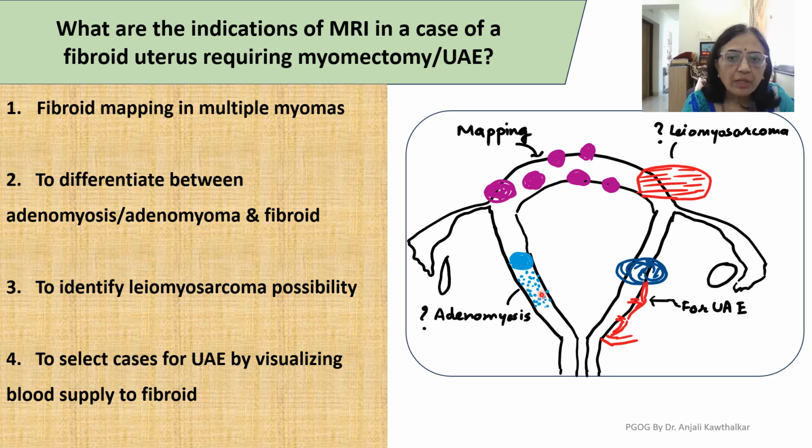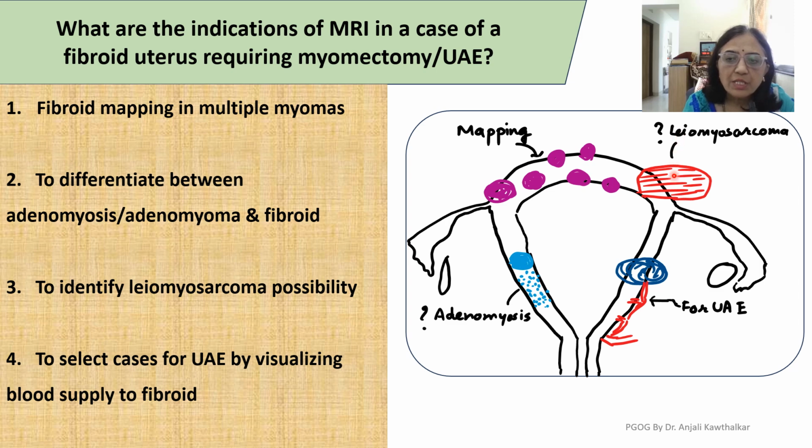Adenomyosis usually has a presence of diffuse lesion, except in adenomyoma, where it is sometimes difficult, but a thickened endometrial myometrial interface, especially greater than 12 to 15 millimeter, is highly suggestive of adenomyosis by MRI. Then in some cases, MRI might help us to suspect that it is a leiomyosarcoma. Though it is not always possible to diagnose leiomyosarcoma by MRI, in some patients, it helps us to increase